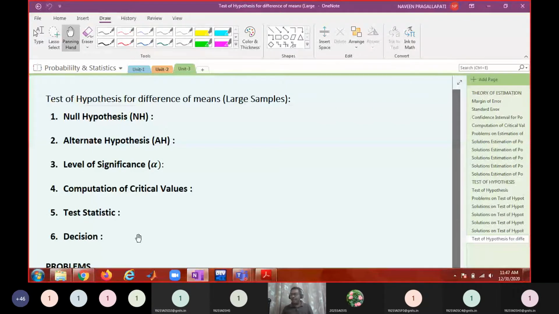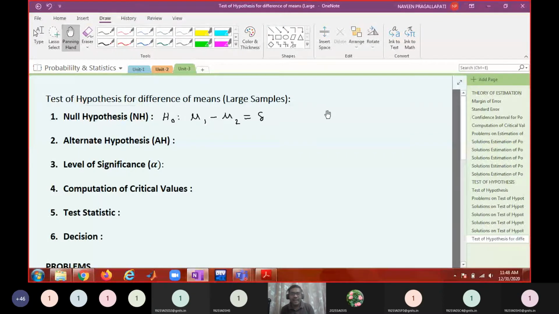So whenever you want to compare two population characteristics, in particular two population means, for large samples we generally apply this test of difference of means. This null hypothesis would be that there is a specific difference between two population means, let us say delta. This is your null hypothesis. Generally, I said always null hypothesis H0 contains the equality symbol.